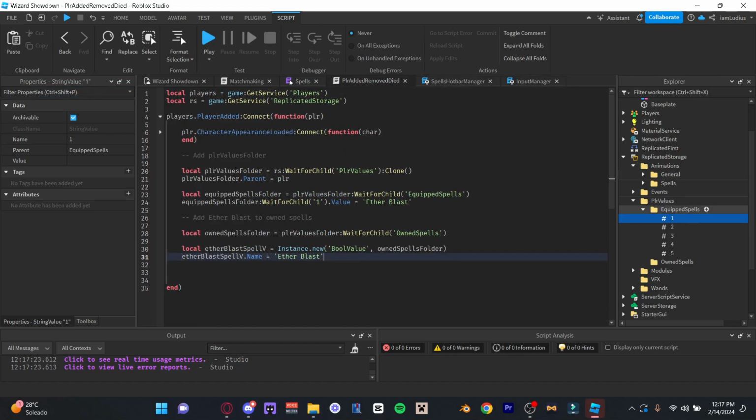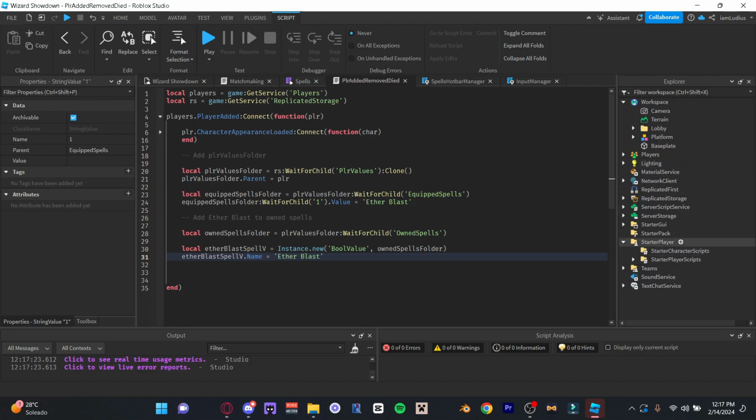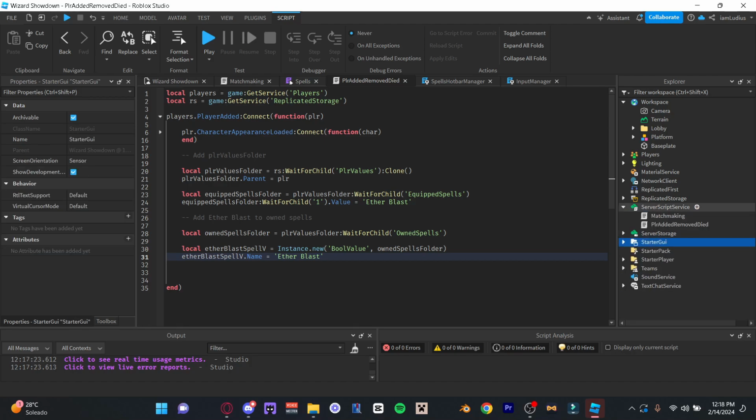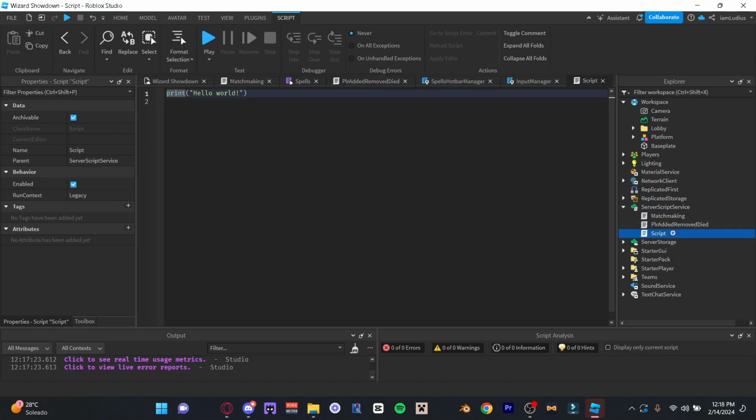But essentially, now that that's done, you have to create another. Why am I saying "you"? I'm talking as if this is a tutorial when it's actually more of a devlog, right? But essentially, just go to server storage. No, not server storage, ServerScriptService, and you create another script here, and you're going to name this script